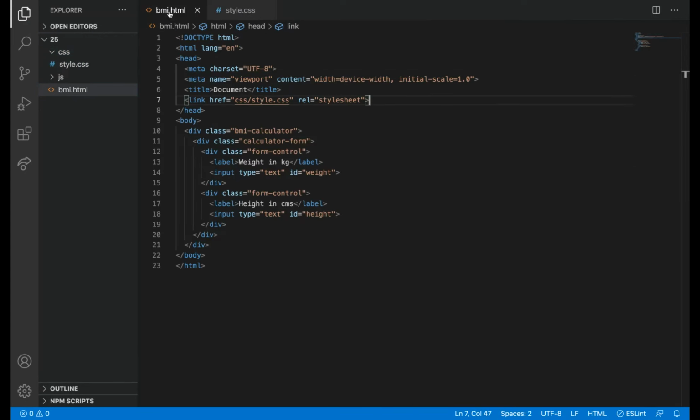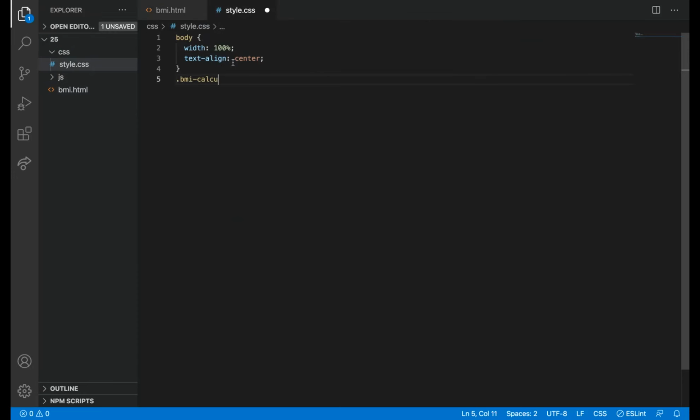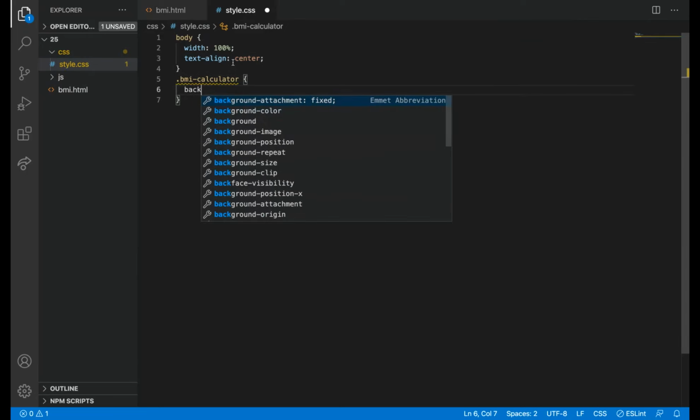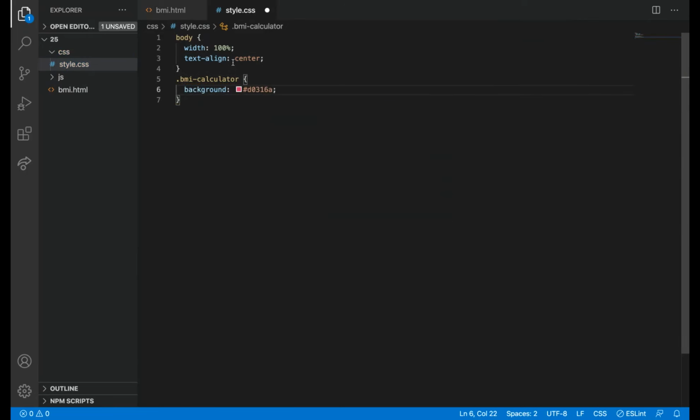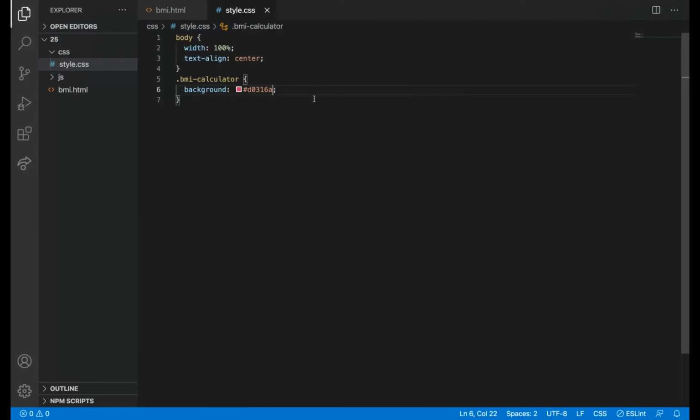So what we are going to do is .bmi-calculator, the BMI calculator background. Okay, some background color we gave.